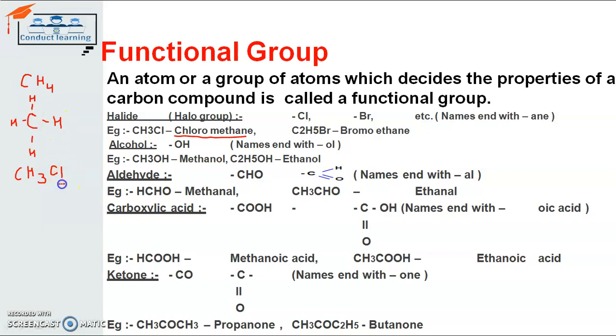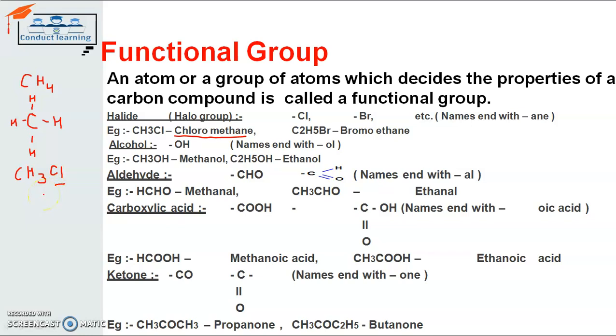with one functional group. That means the chemical formula for methane is CH4, where the number of hydrogen atoms is 4. But in chloromethane, the number of hydrogen atoms is 3, and one atom from the functional group of halides, like chlorine and bromine, comes into existence with the already existing methane. So in short, one hydrogen atom of methane is replaced with one chlorine atom or one bromine atom, and it becomes chloromethane.